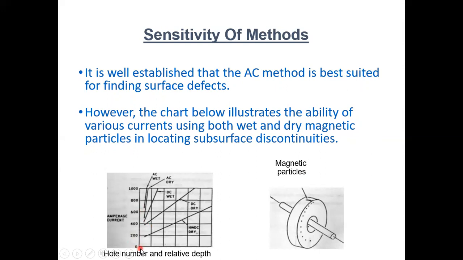But suppose our defect is 5 millimeter below the surface, suppose the 5 millimeter is here, then the first one touching here is HWDC dry. So if the depth is 5 millimeter, which current is best? HWDC. And which method? Dry method. HWDC dry, and see here the current is only 200 amps. Even we can detect this defect with DC dry, but the current value you see here is more than 400. And we always use the minimum current, not higher current. It's not necessary because of wastage of current. So here we are using HWDC dry because we are detecting subsurface cracks with a low current amount.